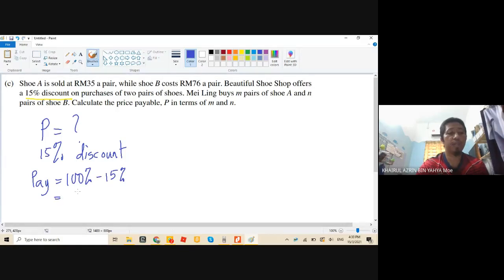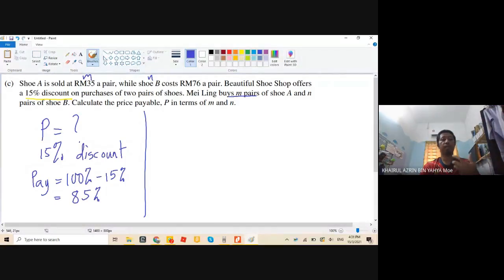Okay. Meaning we need to pay only 85%. So that is the statement that we get, the information that we get. So 35 ringgit, we actually call M from here. And then for shoe B is N. So we have 35M, and we have